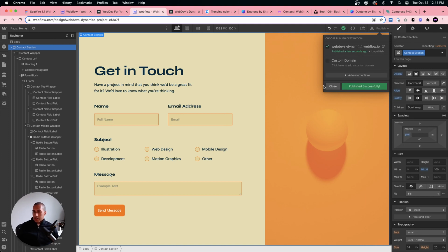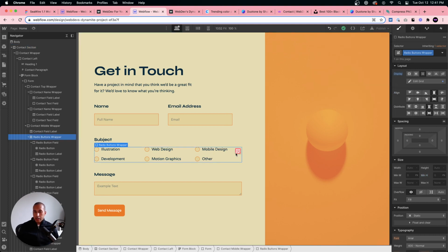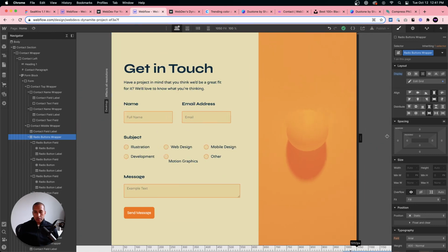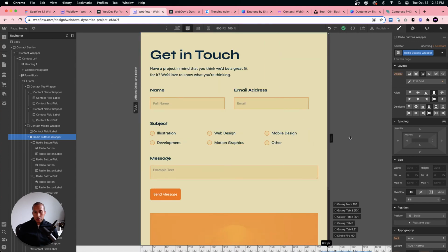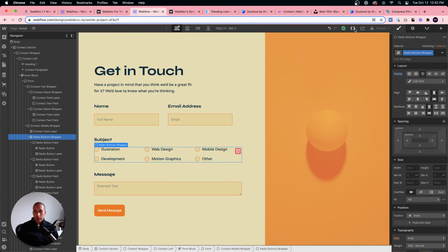Remove columns as width decreases. Yeah, that's a good point, Dale. So yeah, let me see here. Actually, now it might look better because we just changed it for tablet.